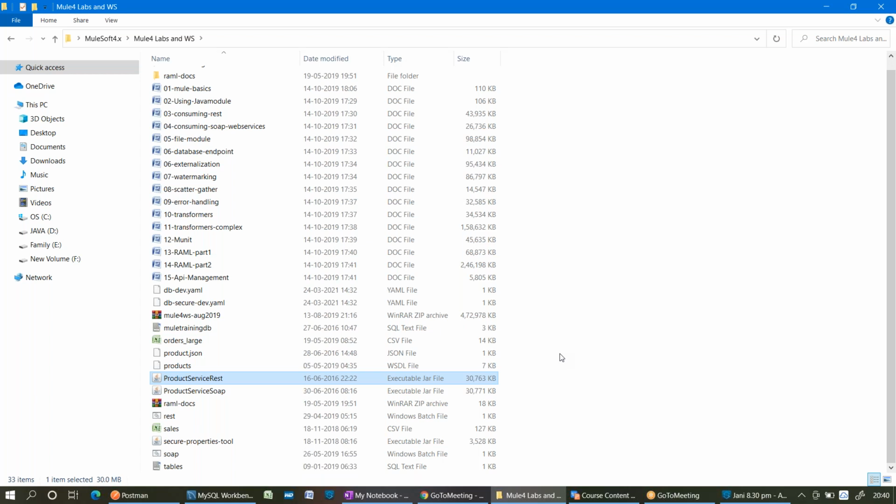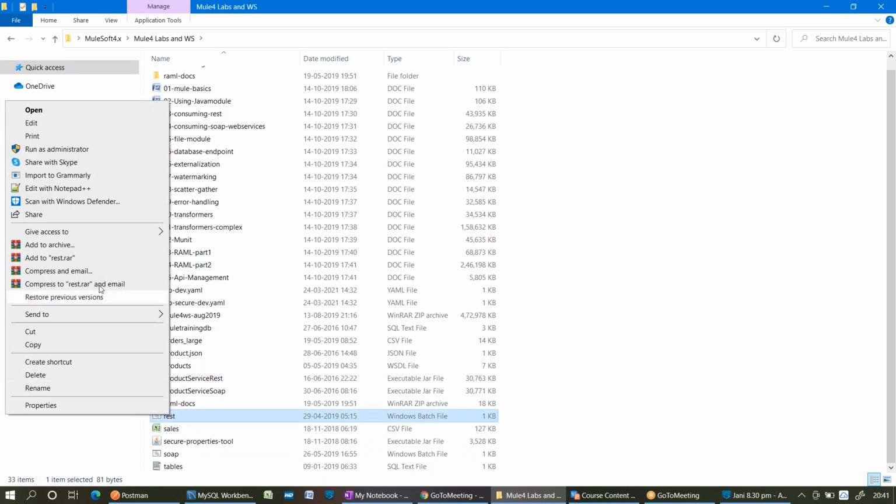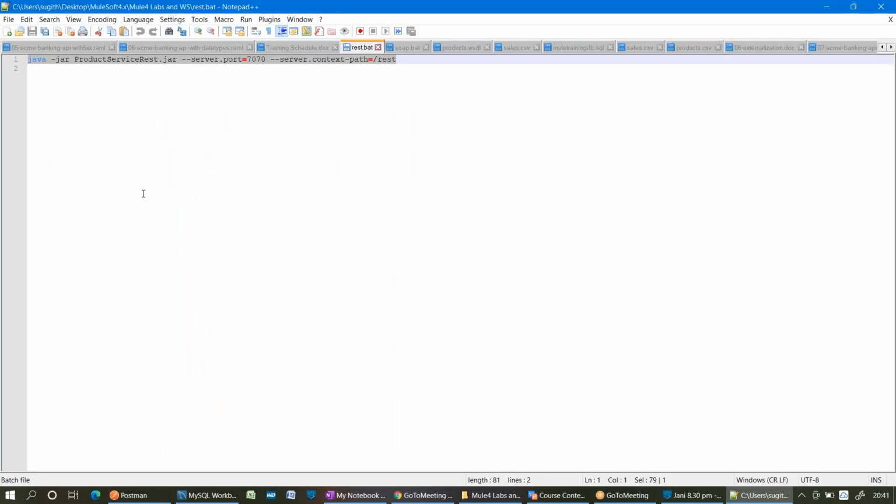As I said, I have created my own third-party application by using Spring Boot. Now, if I want to execute this Product Service REST application, what is the command I need to fire? I already gave the command in the REST batch file. Let me open that batch file. What does it contain? Can you please read this?